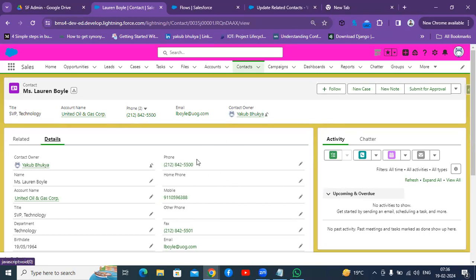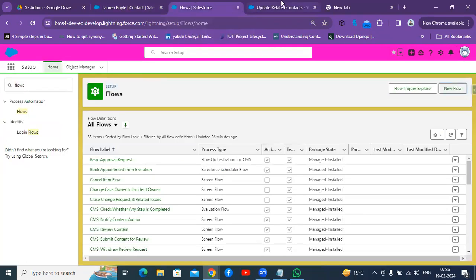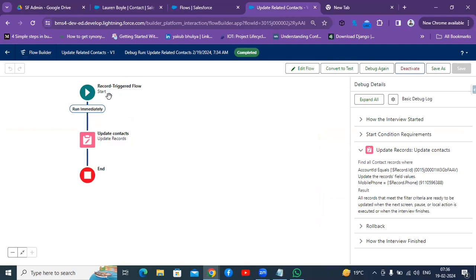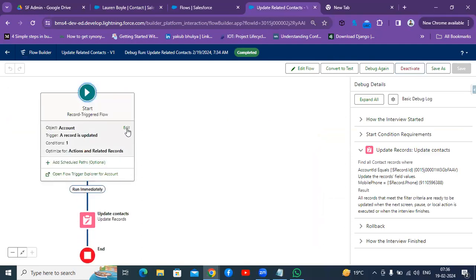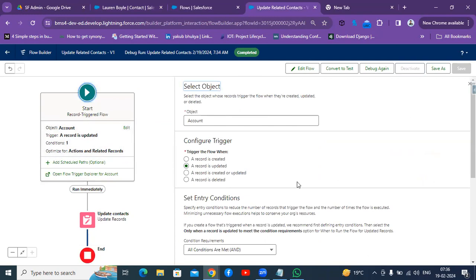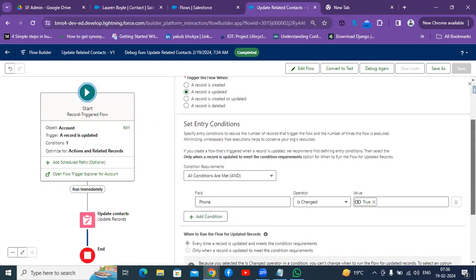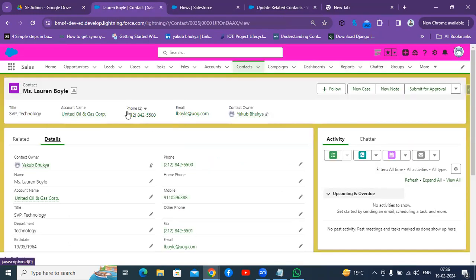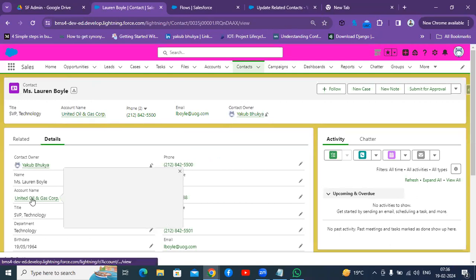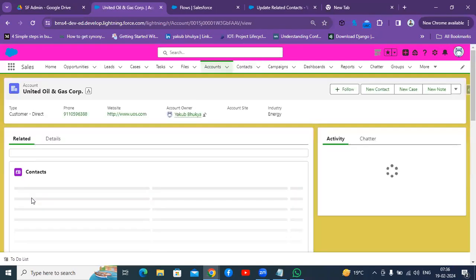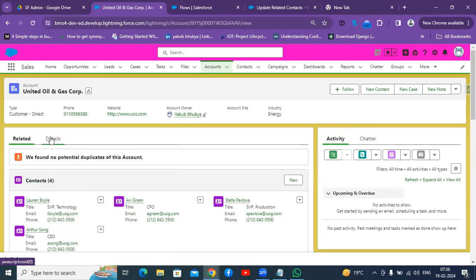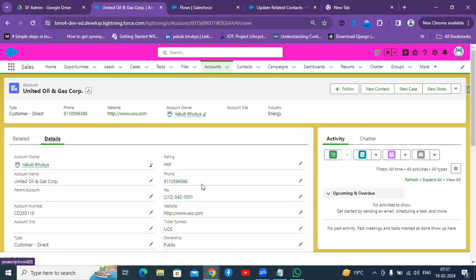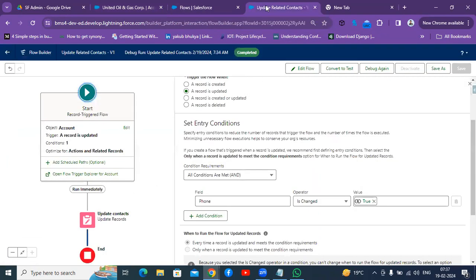So here also we have a phone field. With which field did we do the mapping there? I think I'm checking the field. We gave mobile phone while creating the flow. First, wait. On the account, we are checking which field value. Phone. Okay, on an account we are taking the phone field. Yes, we updated the phone field only, and we are comparing it with the